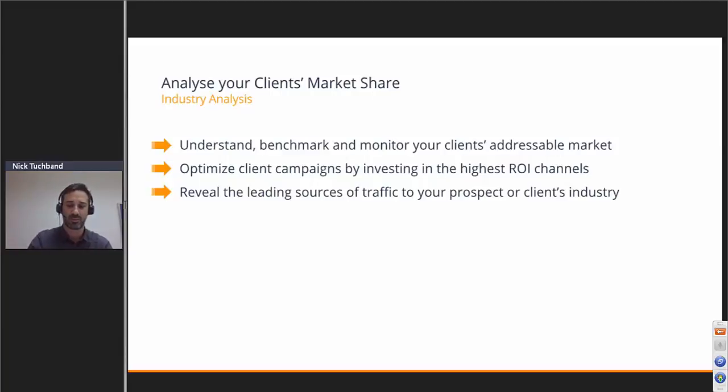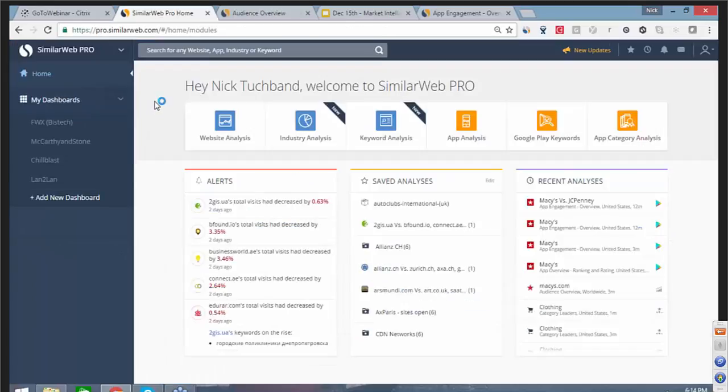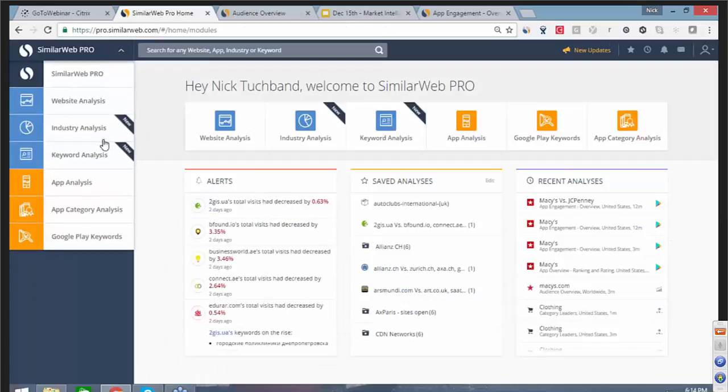What we're going to show you first is the starting point really of how to analyze your client's market share. So we'll be able to see how to understand, benchmark and monitor your client's addressable market, how to optimize client campaigns by investing in the highest ROI channels, and revealing the leading sources of traffic to your prospect or client's industry. So Nick, we would love to dive into the platform and see it live. So looking at industry analysis here,